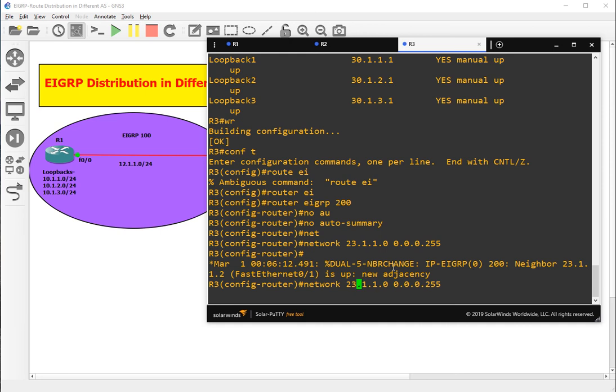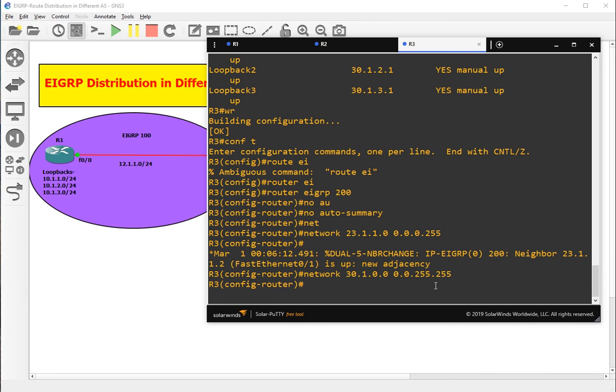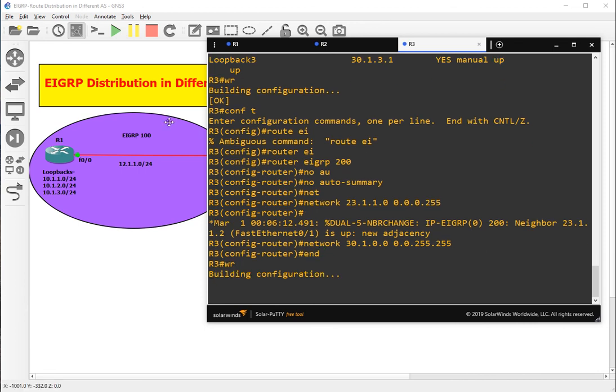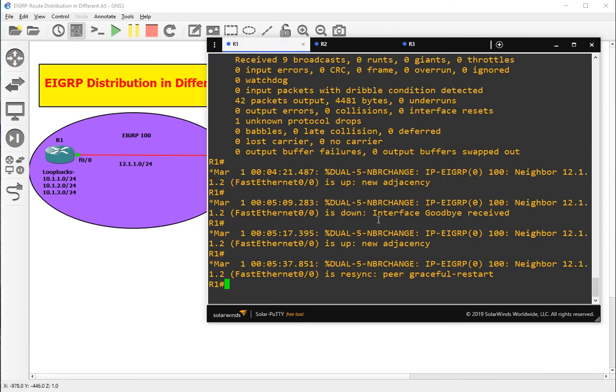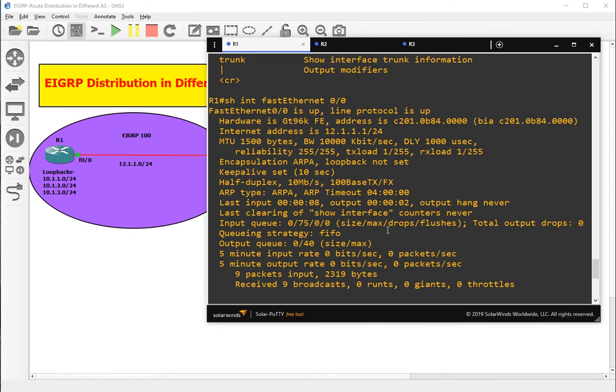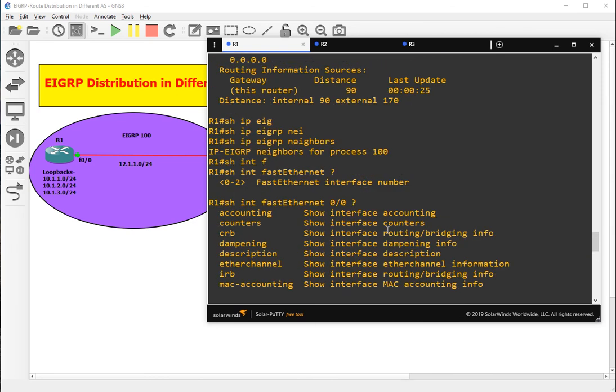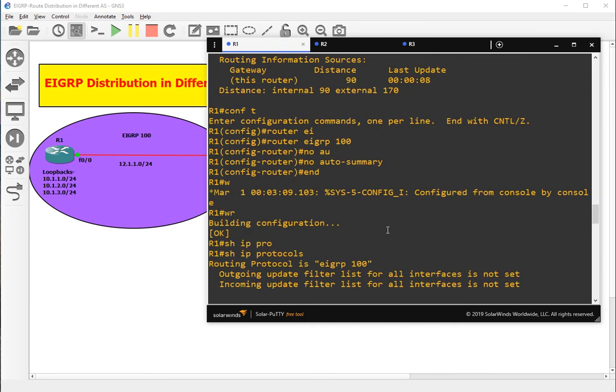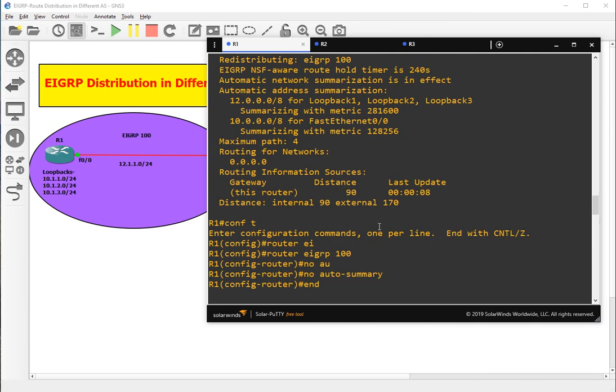Okay, and we have loopbacks created over here with the 30 network. So let's give a loopback also: 30.1.0.0, and here we need to make it 255. And write. Let's check what network configuration we gave here for loopbacks. Okay, here we had used 0.0.0.0, right?